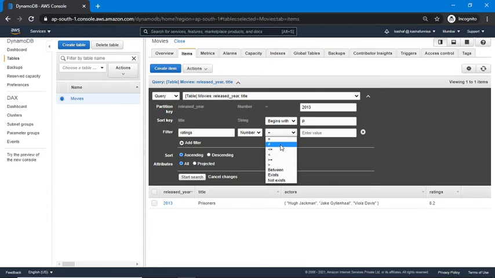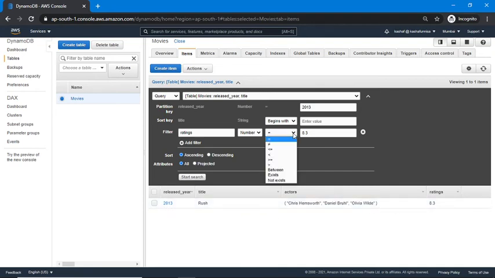In a filter you can filter records with the not equals to operator as well. Suppose I want to fetch all the movies which were released in 2013 and ratings are 8.3. Yeah, now you can see I got my record.